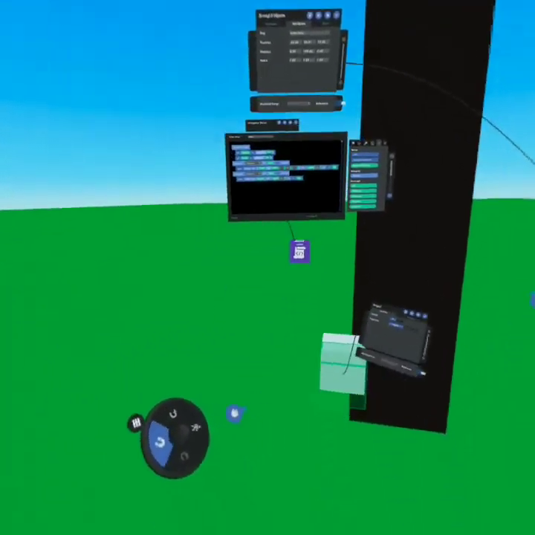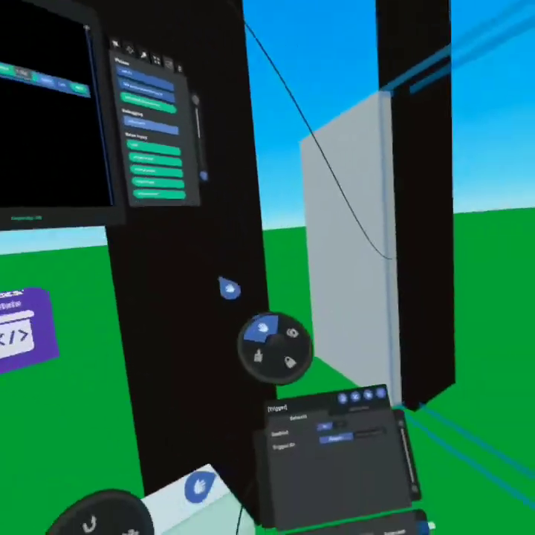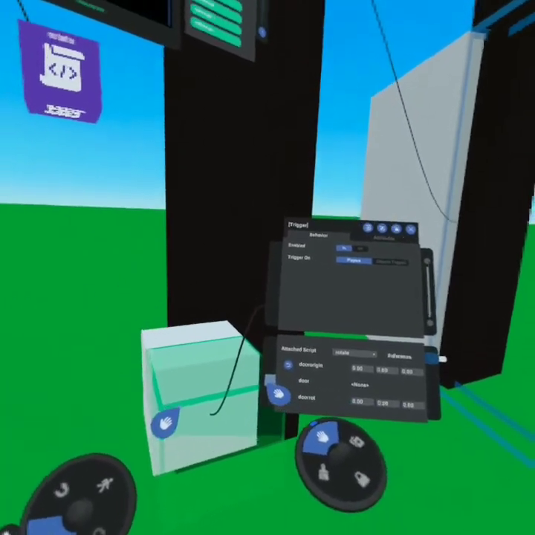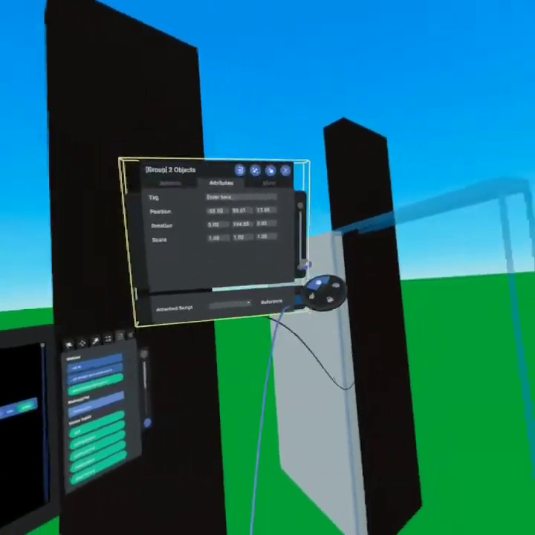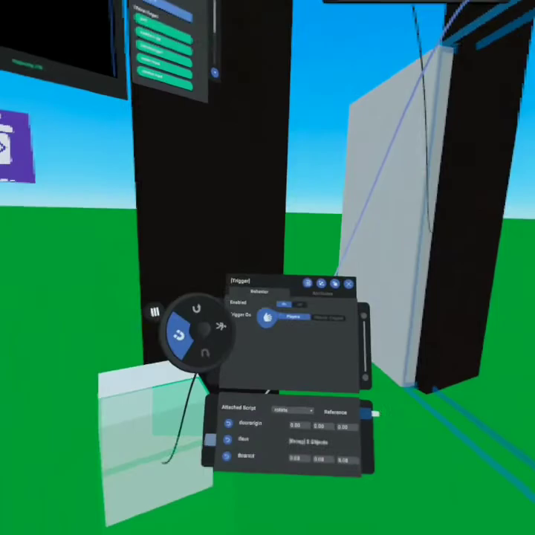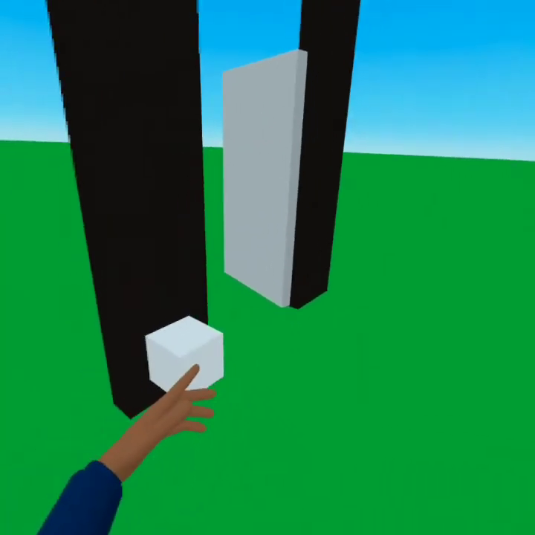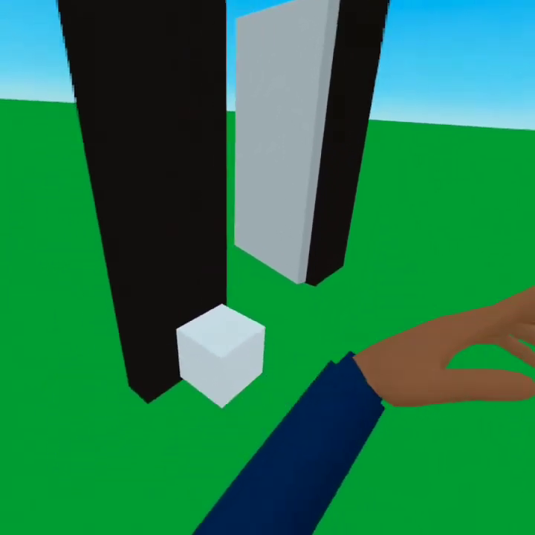So let's go ahead and come down here, and we named it rotate up here. So we're going to come down here and we're going to put on rotate, and then we still got to tell it what we're messing with. So we're going to mess with door because these attributes go to that door right there, and we're triggering on player. So now when I enter this here, it's going to go to 194 or 190, and when I exit,